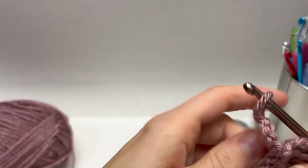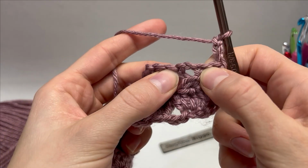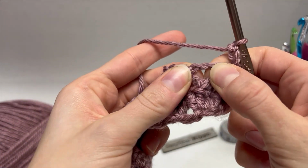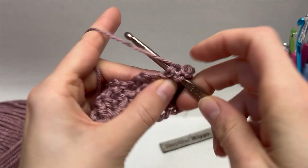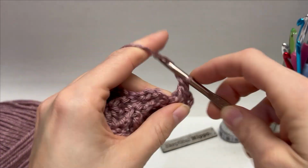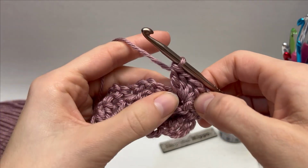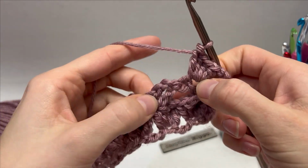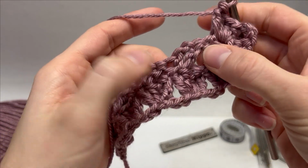Get my hook back in here. So we worked our chain 3, turned our work around, and now we're going to find the chain 2 space that we put in between the crisscross double crochets right here, and we're going to work 4 double crochets into it. So 4 into that crisscross there,